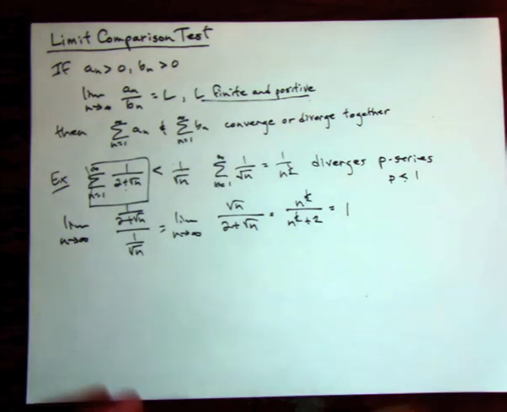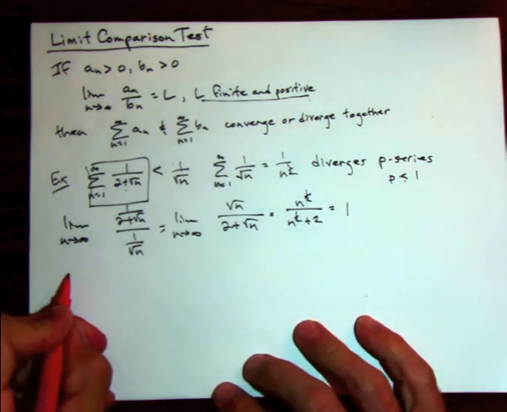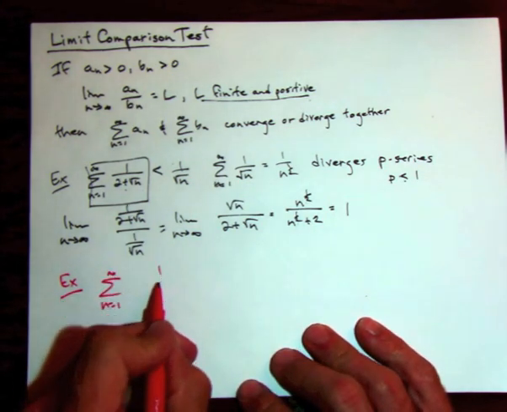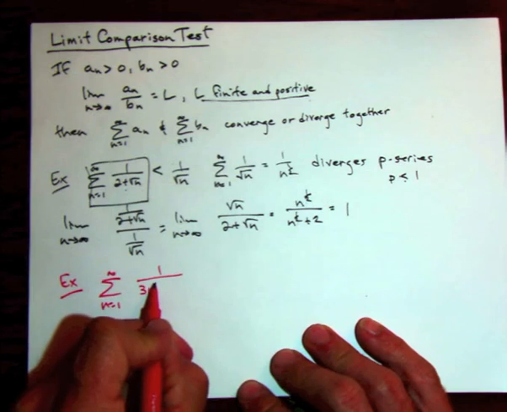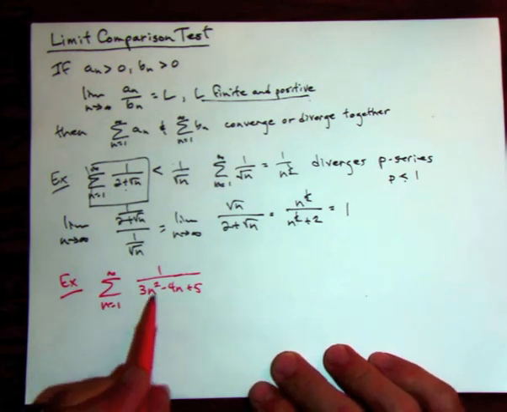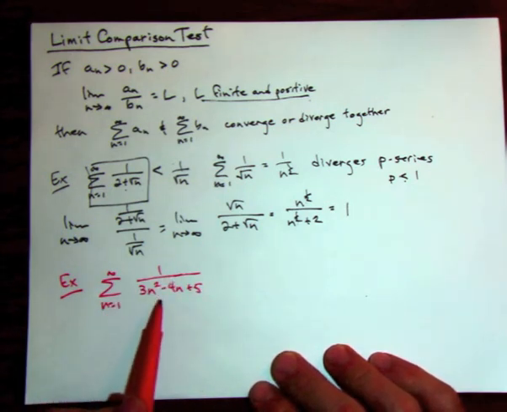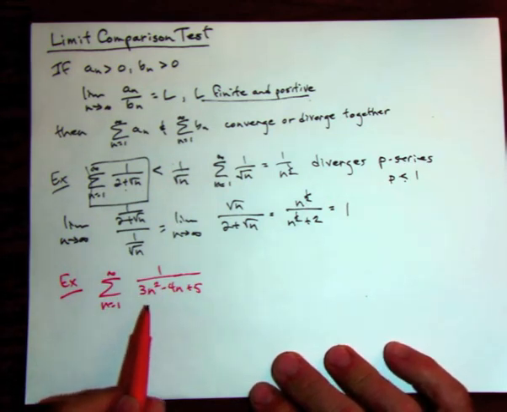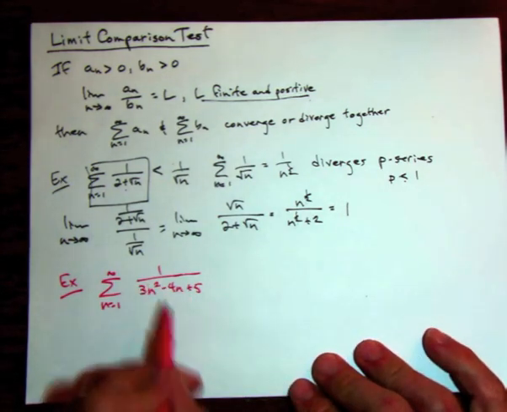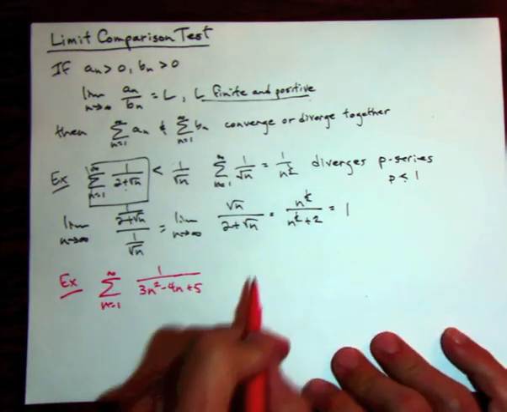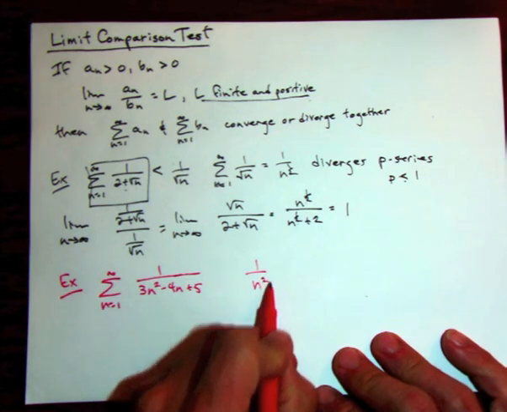So just to separate these out, maybe I'll do the next one in a different color. So let's say we have the series n equals 1 to infinity of 1 over 3n squared minus 4n plus 5. So again, I think what we want to look for is, what are we going to use for comparison? Probably the easiest way to do this is to think about the highest degree term in our polynomial here, and don't worry about the coefficient. So let's just compare it with 1 over n squared,